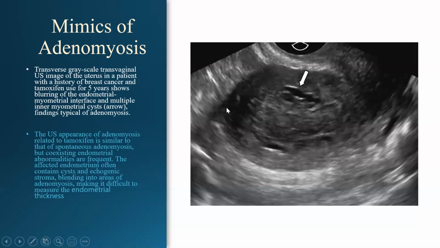This was a picture of a patient who was taking tamoxifen. Tamoxifen is a selective estrogen receptor modulator. It acts as an antagonist on the breast, and it has some agonistic activity on the uterus. So it sometimes causes endometrial hyperplasia, cystic hyperplasia, and some changes within the uterus. So this is the ultrasound appearance mimicking adenomyosis when the patient uses tamoxifen. You need to bear this in mind, taking a proper history, making sure that it's not related to the tamoxifen. And by the way, when we stop the tamoxifen for those patients, these endometrial changes go away.